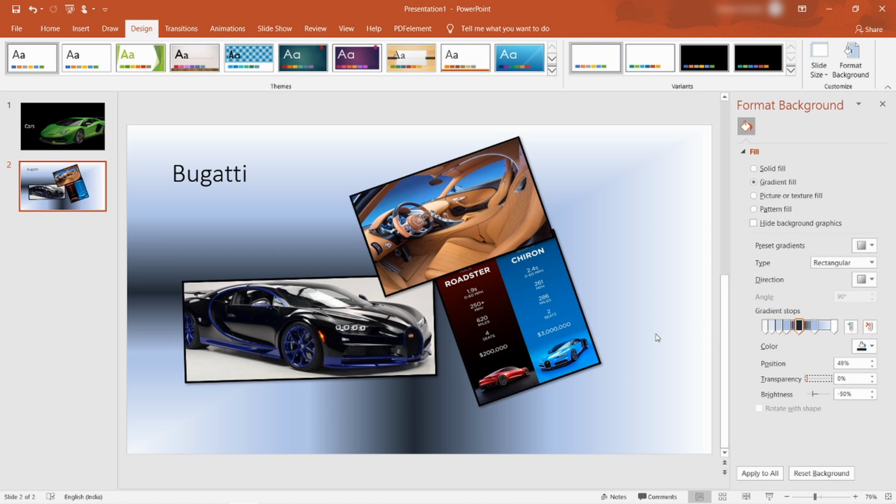To remove or add, you can just click on a color like this, and this is the delete option, so you can just click on it like this. And for adding, you can just add like this. You can also delete in one more way. You can just click on the color and hit the delete key on the keyboard like this.